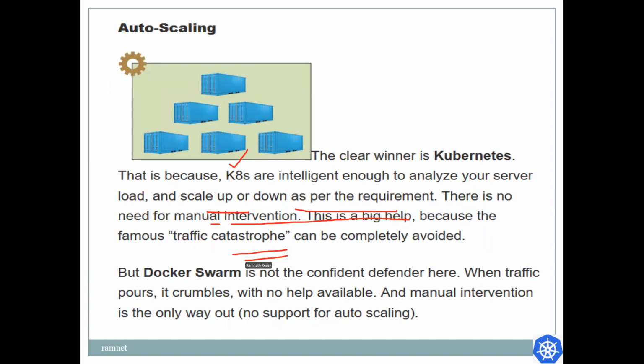In Docker Swarm, it's not that case, with no help available. Manual intervention is the only way to support your auto scaling. Then you cannot call it auto scaling as such, because manual intervention in the sense we just need to go and monitor the scaling options and other things. So Kubernetes will be the best choice for that. Next,